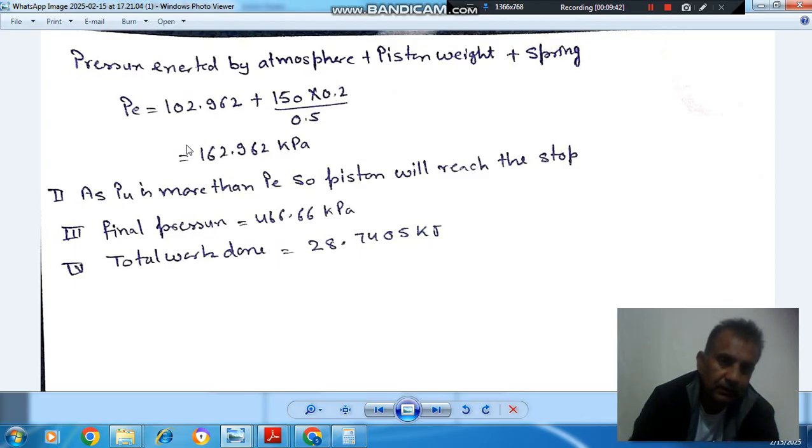As the piston, atmosphere, and spring are exerting less pressure, the piston will be near the stop. So as the final pressure is